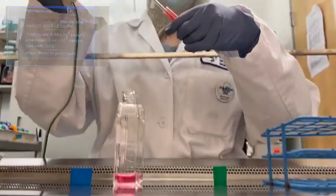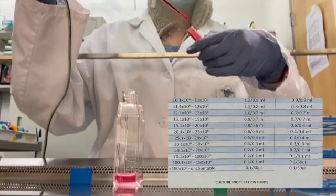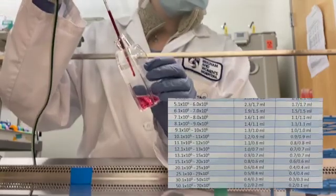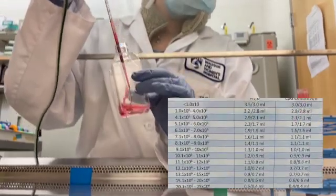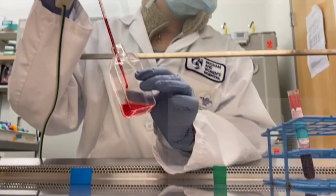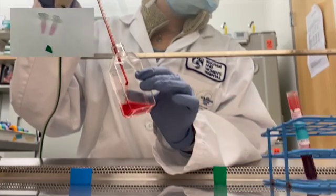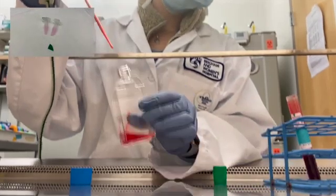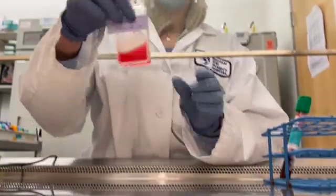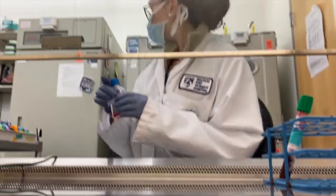Samples with high concentrations of white blood cells need smaller volumes of sample added to the flask and vice versa. In addition, stimulated samples receive a slightly smaller volume of sample because they will have more time to proliferate during the extended incubation. If your sample requires a mitotic stimulant, this is the time to add it. Once you've given your flask a swirl, mixing the sample into the media, it is time to put it in